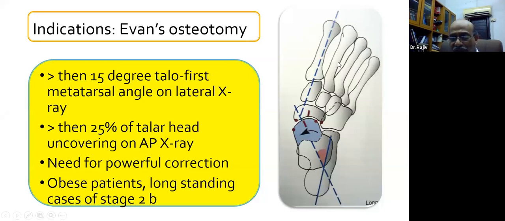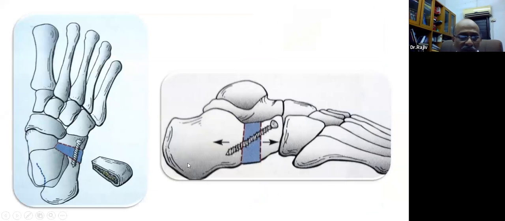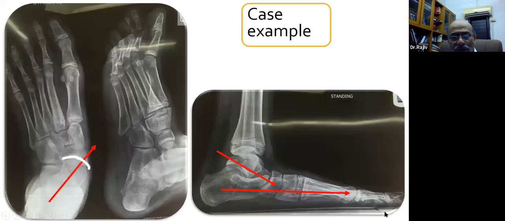Now look at this picture. The head of the talus has gone medially and the foot has drifted laterally. So you want to do something here to really rotate this foot from abduction into adduction. So this is what you do. You do osteotomy through the anterior process of calcaneus and put in a wedge graft. So this forefoot which was in abduction would get rotated into neutral position, and the arch would also be restored, and the head of the talus would also be covered by the navicular. So let me show you a case example.